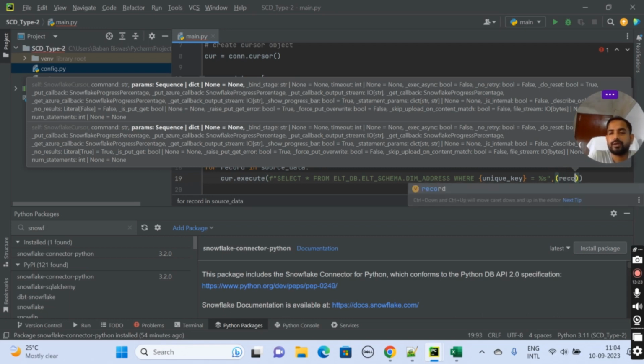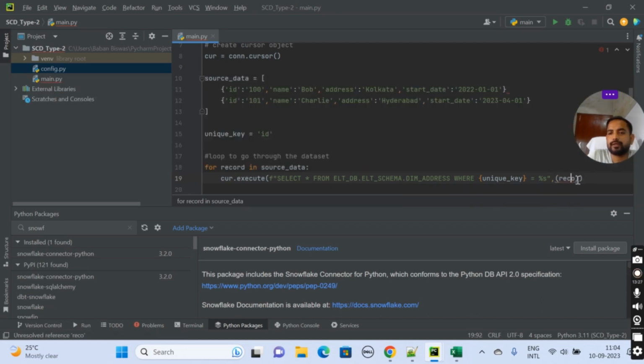What is that? Record. If you do not want to use the tuple, you can do that also, but it's good practice to use a tuple. So record, and under record there is an ID field, right? Suppose this is 100, then 100 only.